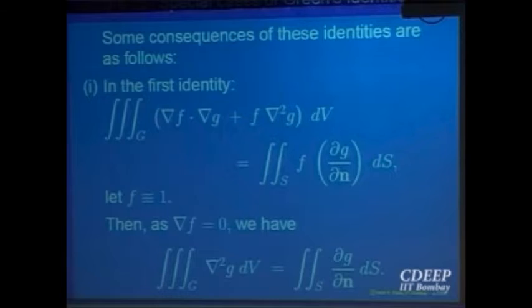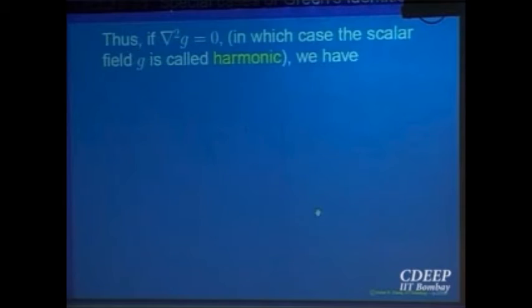So what does it tell me? Now you see the conclusion will come: a property being true on the surface will give you something being true inside the region. That is what essentially it says. For example, if this directional derivative is equal to 0 on the surface, that will give you the triple integral of the Laplacian over g is equal to 0. So this is one of the important theorems, and the functions where this Laplacian is equal to 0 are called, as we have seen for 2 dimensions also, harmonic functions.